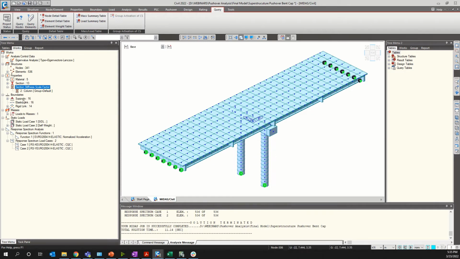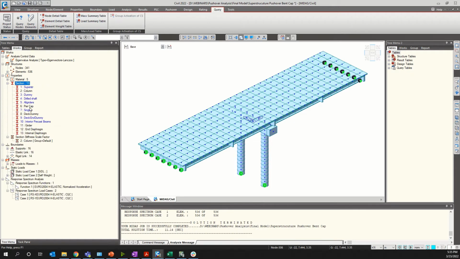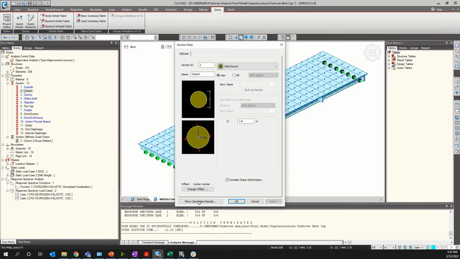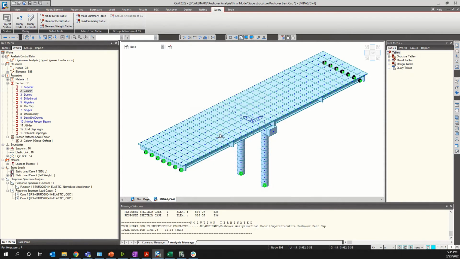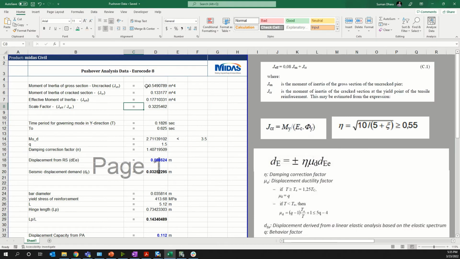As we know the gross moment of inertia from the section properties, we can use that directly here. Go to the properties section, show calculation results. Here we have Iyy, which is your moment of inertia. Then we can use Excel. I've copied this from the Civil software, and we'll obtain this value